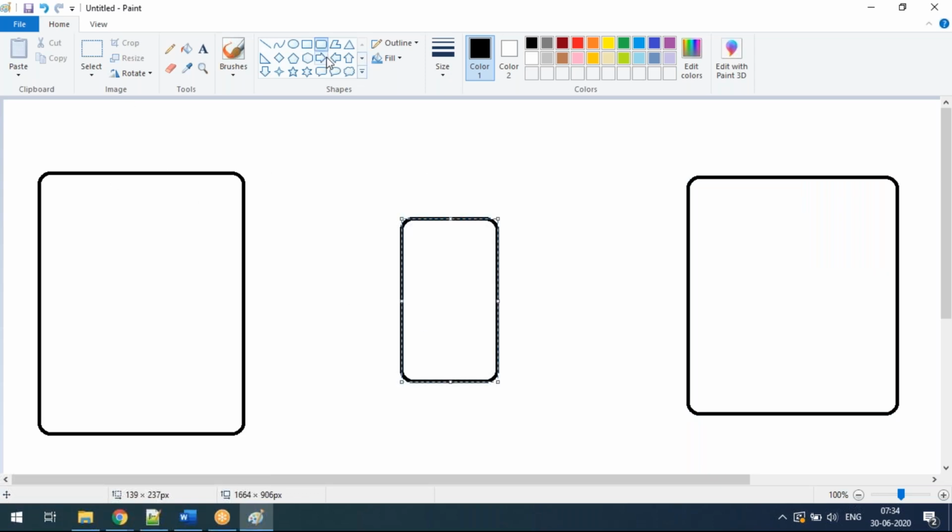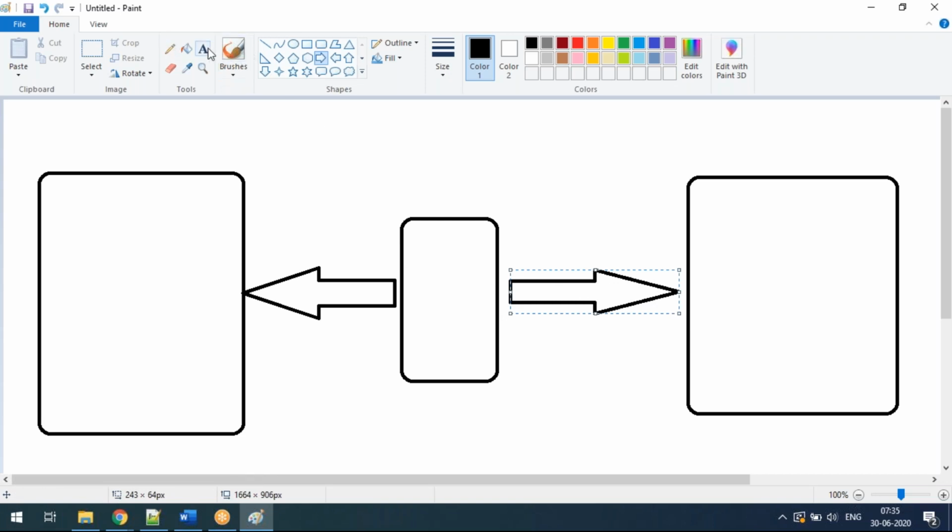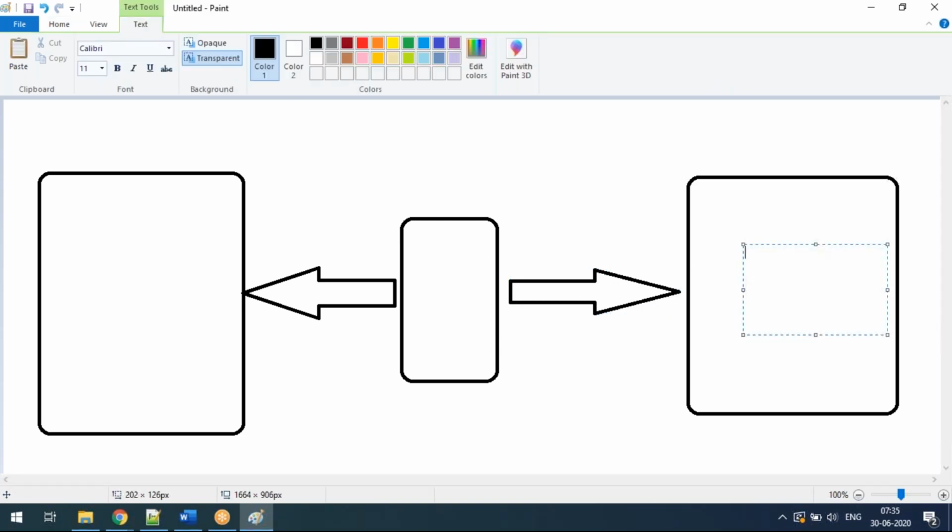The agent should communicate with the application. The agent should communicate with the App Dynamics SaaS. Okay, this is App Dynamics SaaS. This is the agent, and this is your application, which is a Java application in this case.